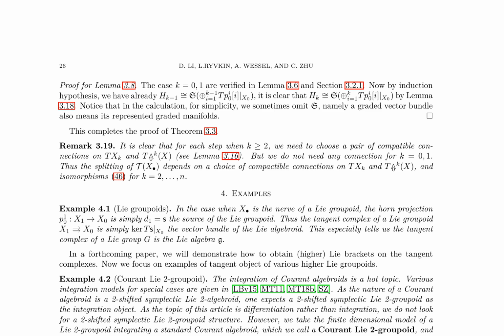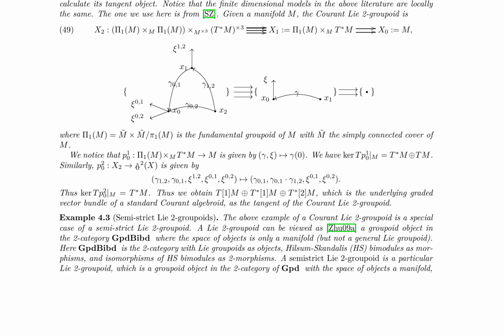The paper then proceeds to provide examples of tangent objects of various higher Lie groupoids. The first example is the nerve of a Lie groupoid, where the tangent complex is shown to be the Lie algebra of the Lie group. The second example is the current Lie2 groupoid, which is a finite-dimensional model of a Lie2 groupoid integrating a standard current algebroid. The tangent object of this current Lie2 groupoid is calculated to be a graded vector bundle underlying a